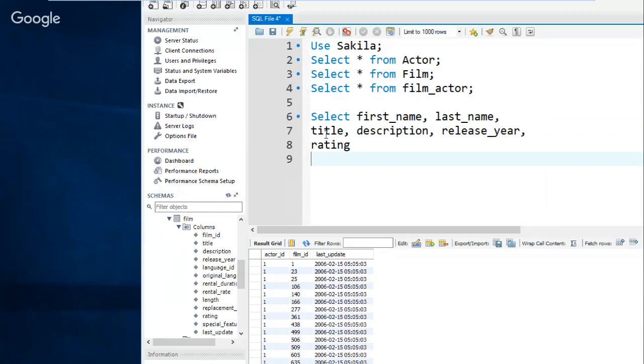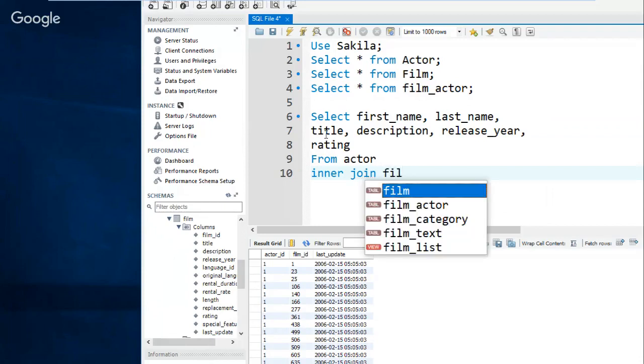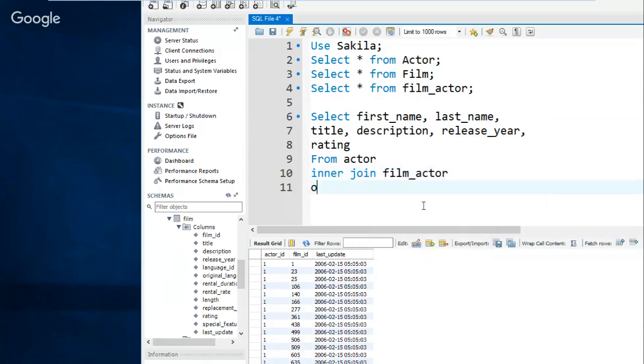One of the secrets with when you have a linking table, though, is that we're going to actually have to join not two tables, but three, right? Because we have to join the film to the linking table, and we have to join the actor to the linking table. So I'll start with actor, because that's what I started with up there. So I'm going to just say from actor. Okay, and then I'm going to say inner join film_actor. And I have to say how they join. So I'm going to say on